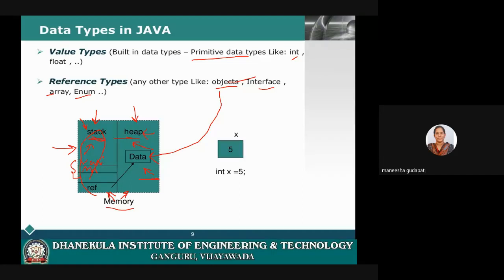If we have created anything dynamically by using dynamic memory allocation methods, that information will be stored in heap memory. So we always create objects dynamically, so objects will always be stored in heap memory only. Do remember this point.